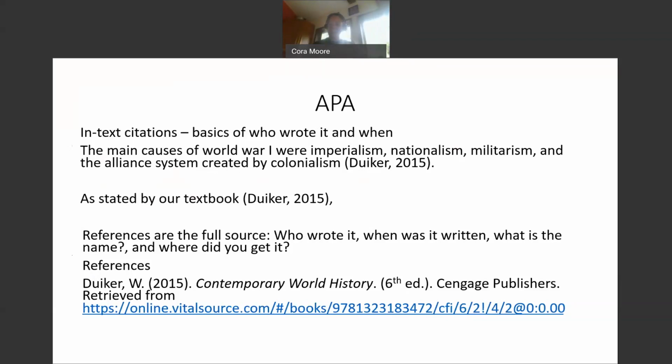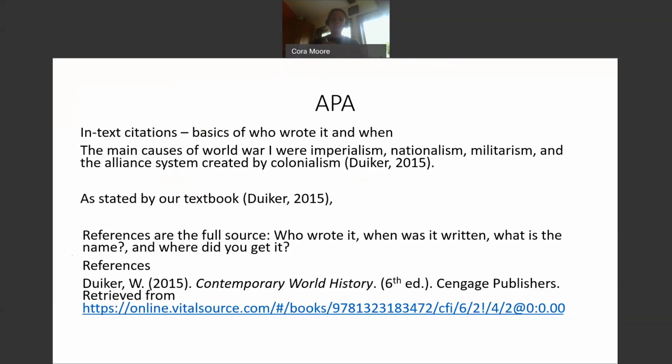As I'm talking, you can see this is just the basic APA stuff we've been talking about every week. The best way to do in-text citations is to remember APA is that formula: who wrote it, when was it written, what is it, and where did you get it? So, in-text citations: last name and date. If you're using a website, say like history.com, you can just say history.com, comma, 2020, whatever the date is of that article. Or you can do history.com editors. I'm okay with that too, but for websites, it'll be that name and date. It's always name and date, guys.